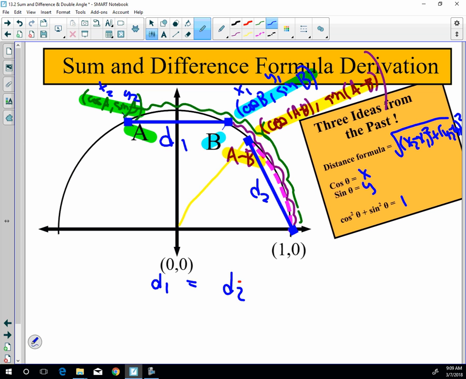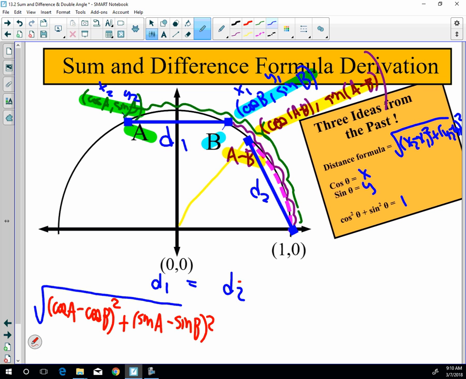Now I'm going to use your statement, the distance formula, that said that the square root of x2, which was cosine A, minus x1, which is cosine B, squared, plus sine A minus sine B, quantity squared, it's going to be equal to,